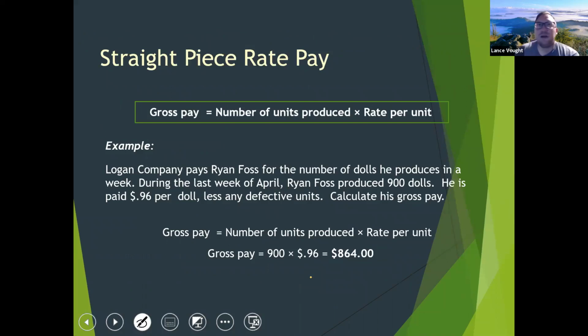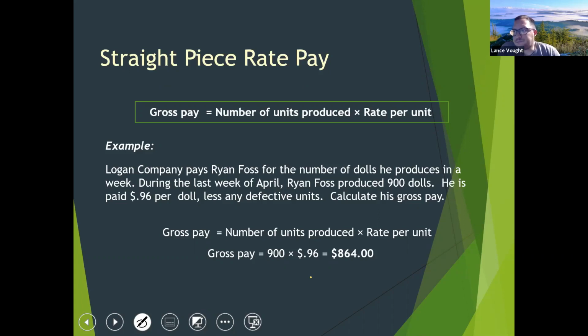So what about straight piece rate pay? This is something that one of my friends just got, did a project like this, where in this example, they're paying for them to make dolls. What my friend did was he was hired to make little desk name things, 3D printed. So instead of the traditional nameplate with the engraved name and the little slot that sits on the desk, a school district commissioned him to 3D print every single teacher's name, and then they can put that on their